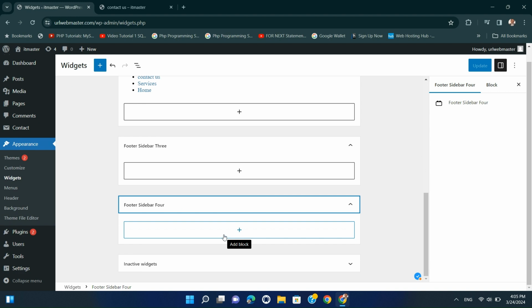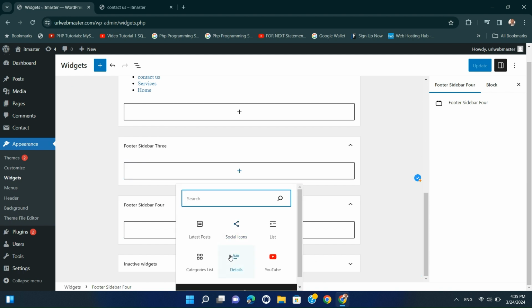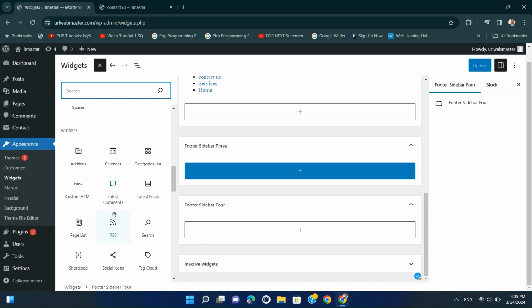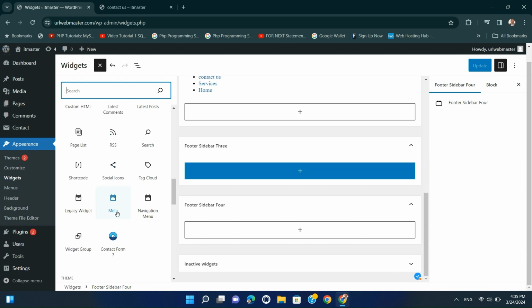By utilizing footer widgets effectively and thoughtfully, you can enhance the overall functionality, usability, and appeal of your website, leaving a positive impression on visitors and encouraging further engagement. Experiment with different widget combinations and designs to find the optimal configuration that best serves your website's objectives and audience